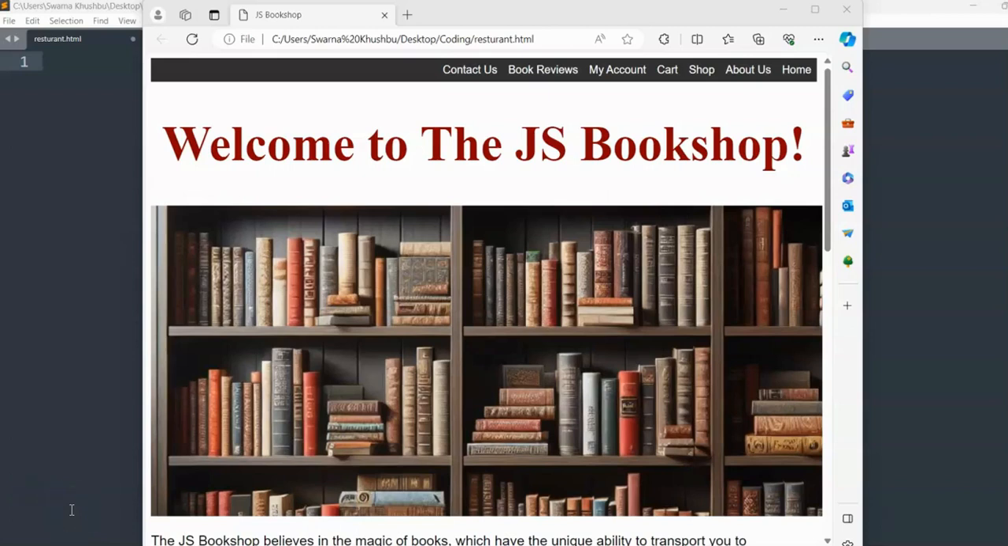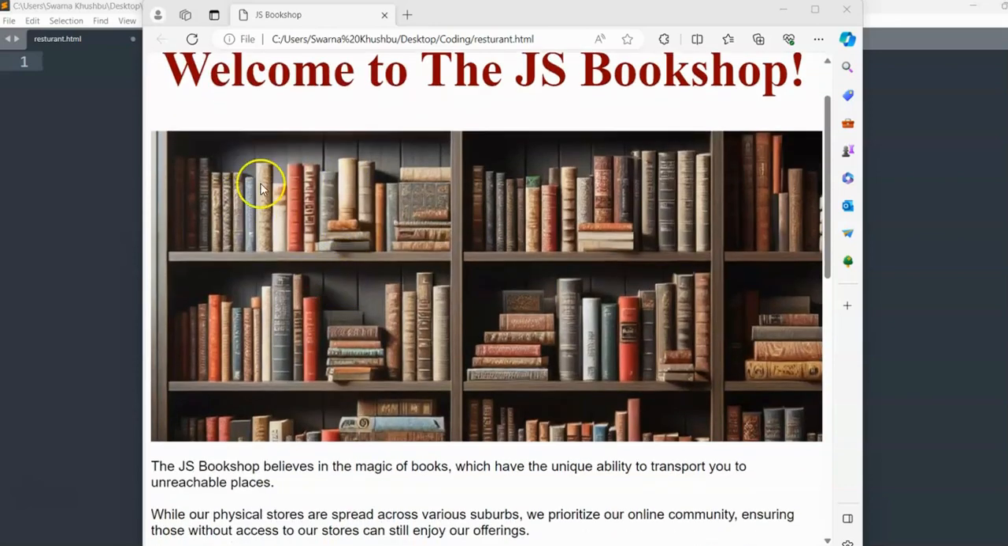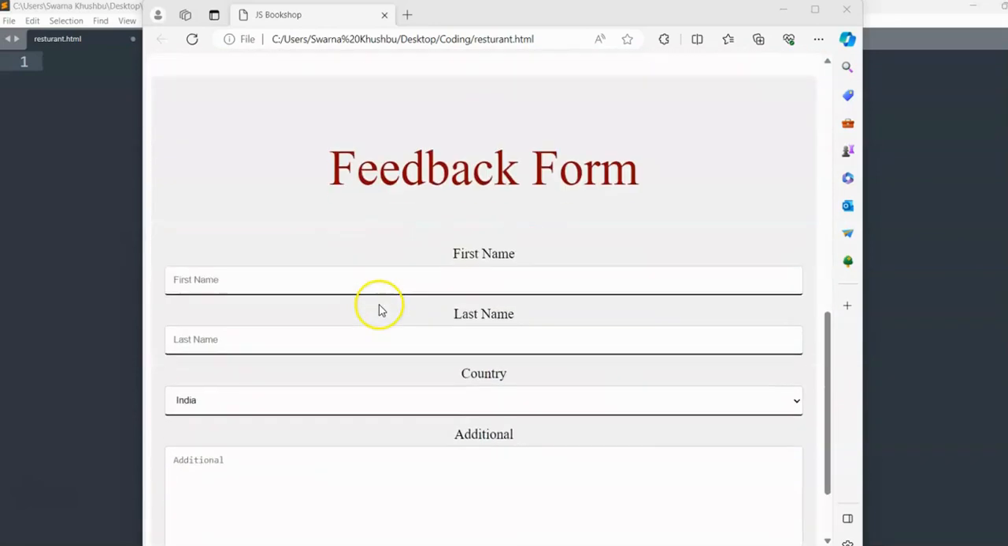So today we will learn how to create a landing page for your website with the help of HTML and CSS. Okay, so now you can see there is a landing page which I have created. It has the menu bar which has contact us, book reviews and stuff like this. Basically it's a website for an online bookshop. So this is the landing page for the online bookshop, which has the image and the text and also